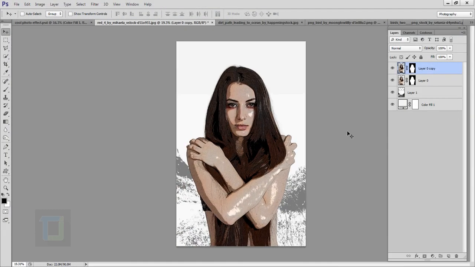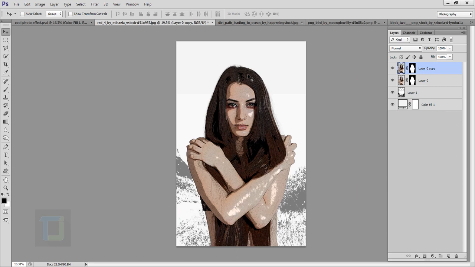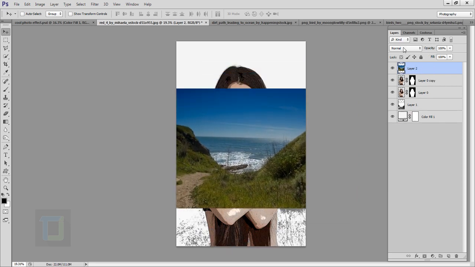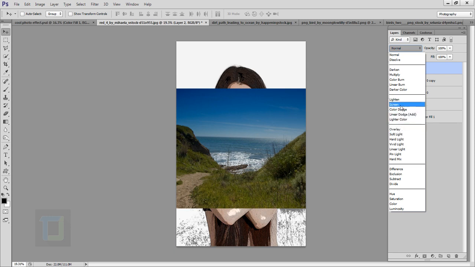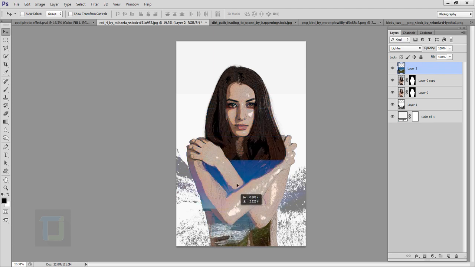Now it's time to create the effects. So to do that, I'm gonna go back, and as you can see, I still have this background image on here, and I'm gonna press Ctrl A to select it, Ctrl C to copy, come back here, Ctrl V and paste it here. So the image is ready here, and all you have to do is just go and change its blending mode to lighten. So since the background is almost white, the rest of the area will not be visible, and this